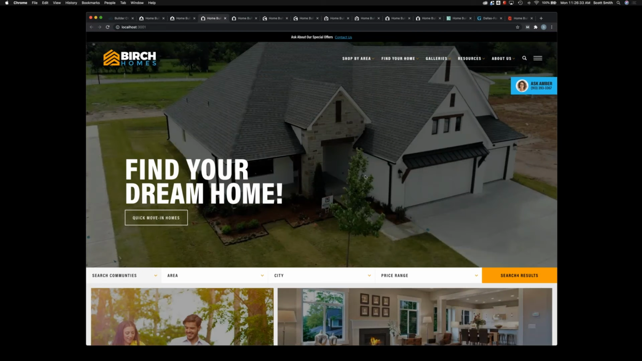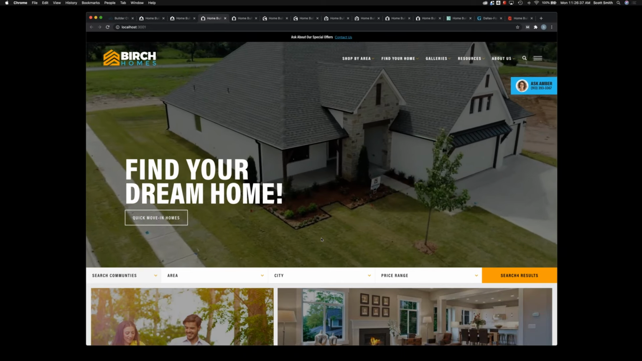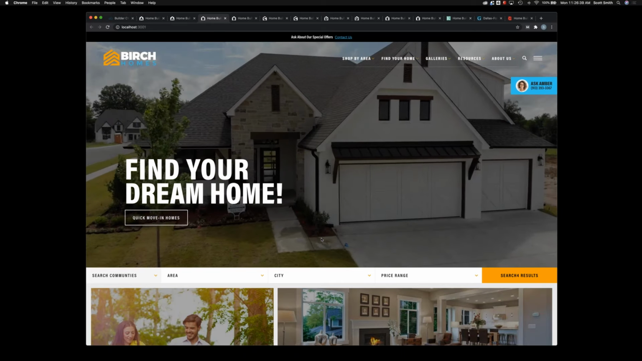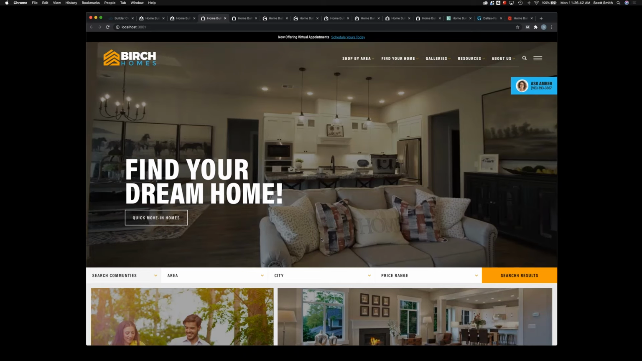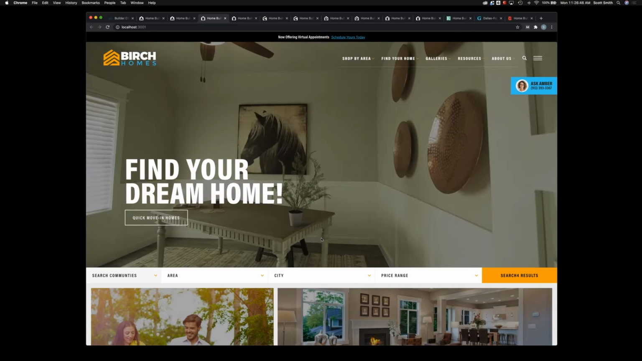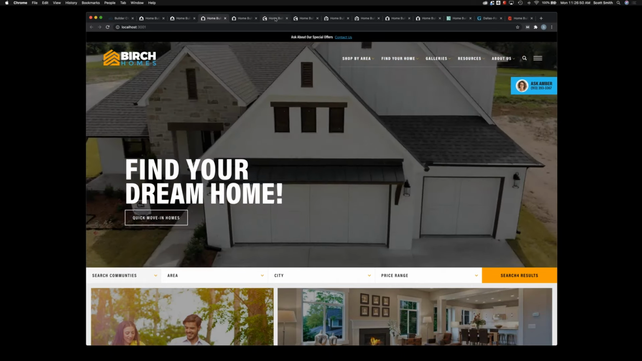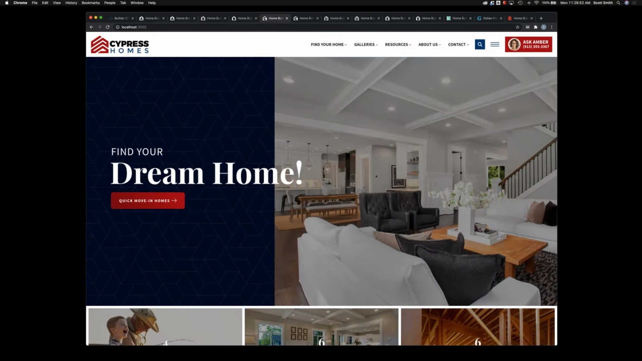We also have included the ability to show video, and you can change that on the fly. So if you want to start out with an image and then 3 months later you get a video produced and you want to put that into the hero image area, that's totally versatile. You can change that anytime. And then we also have